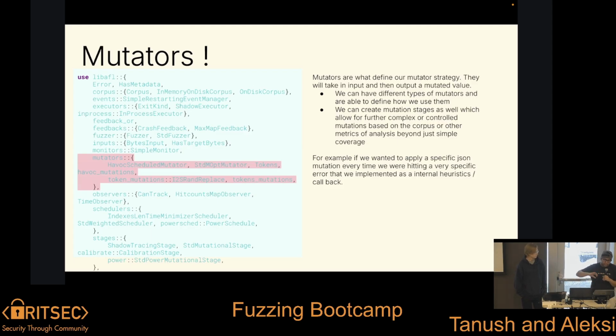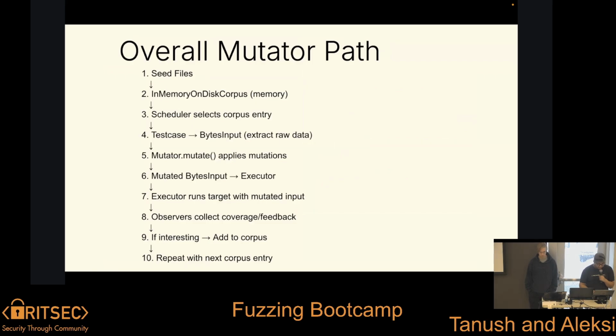Let's say you want to mutate around those grammars instead of just arbitrary havoc mutations. Havoc, again, is just bit level mutations on the actual input buffer. This isn't that important to this talk, honestly. It's more important if you're really trying to get into the weeds of the internals of your fuzzer, but it's fine.